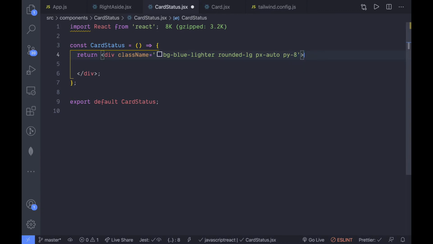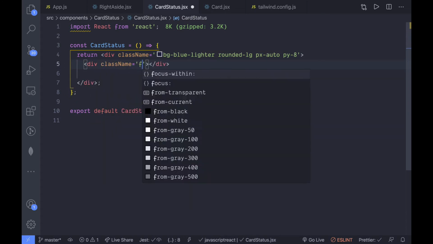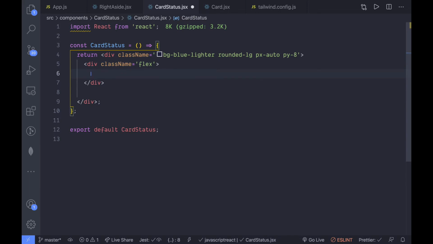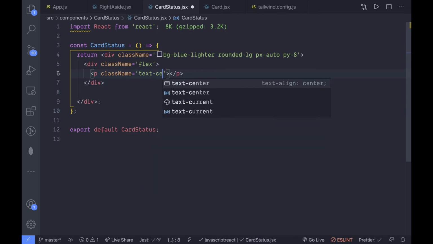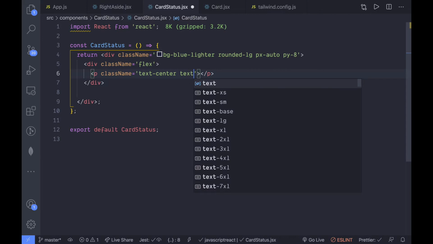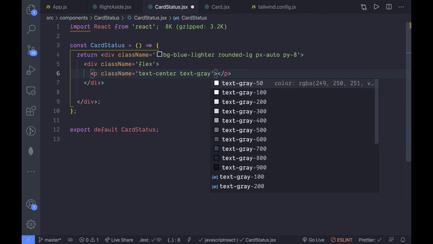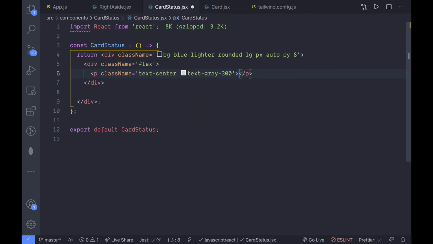So right inside this division create a new div and give it a class name of flex, and inside this division create a new p tag and give it a class name text-center, so that the text will be centered, and set the text color to gray 300, and let's just give it a text of wind status. So this is the first card we'll be creating.